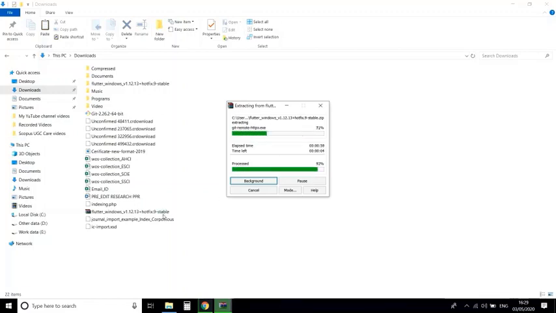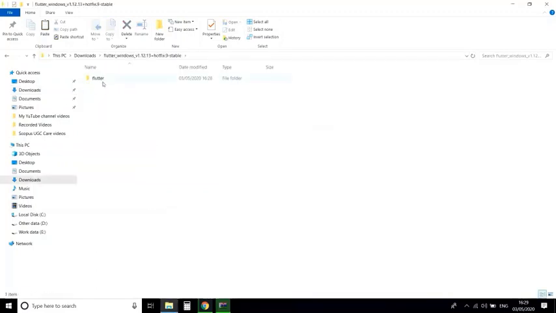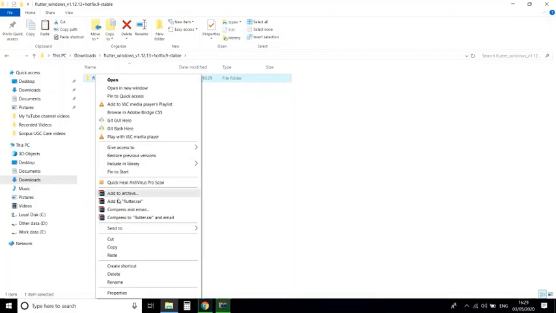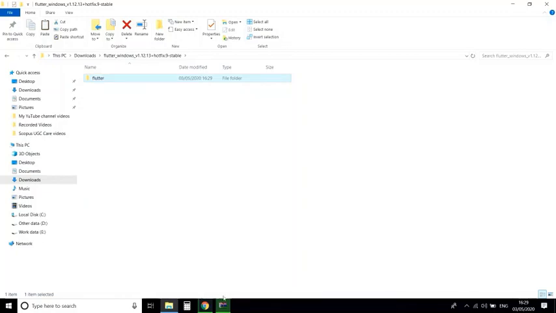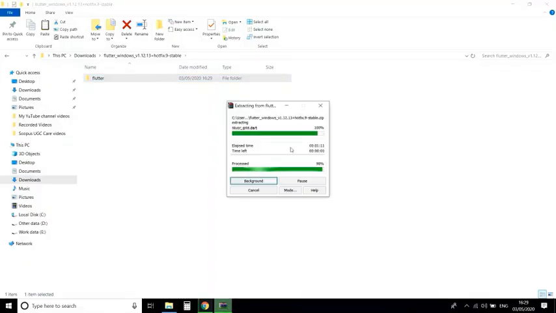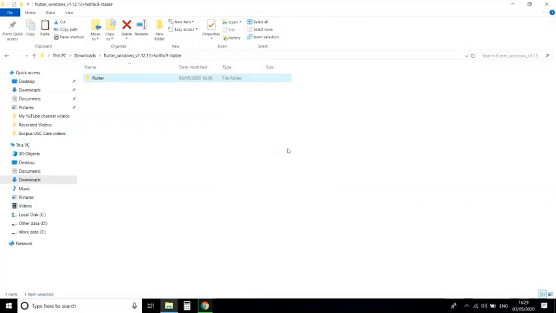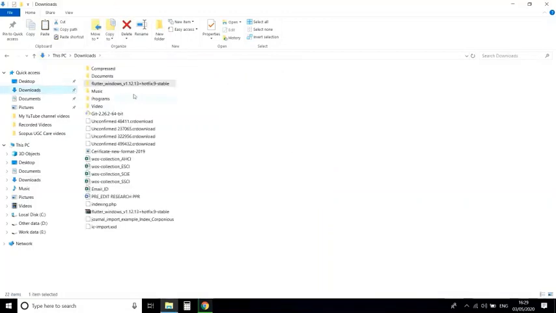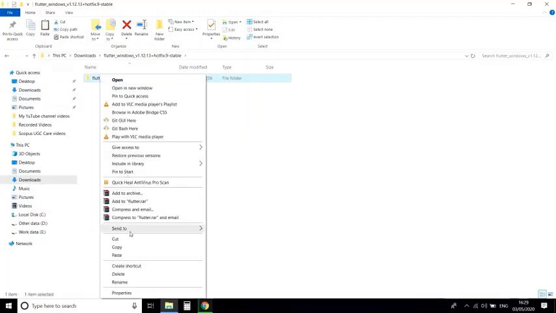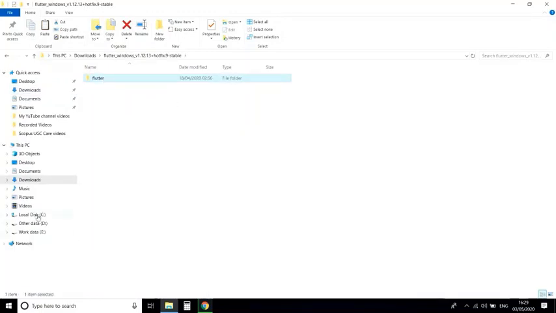the folder which you have unzipped right now, after unzipping this Flutter SDK, open this folder. You will find the Flutter SDK setup. Just copy this. Unzipping is going on, that's why I am waiting.